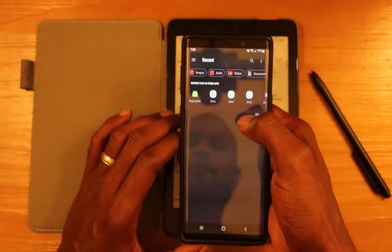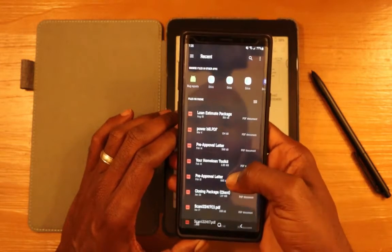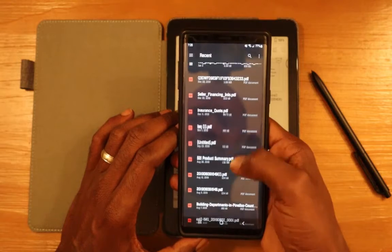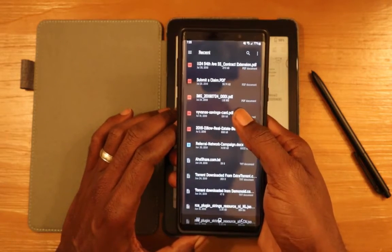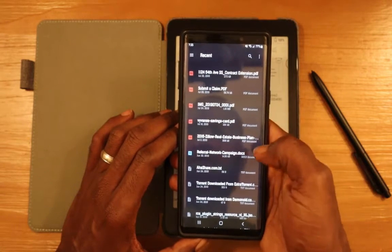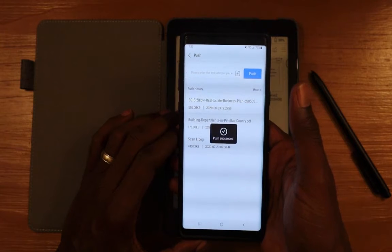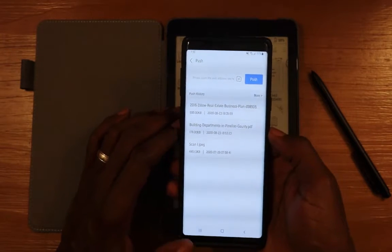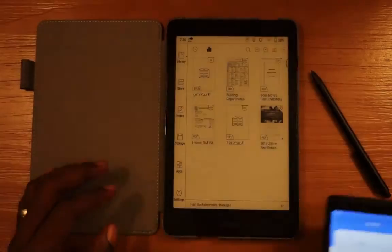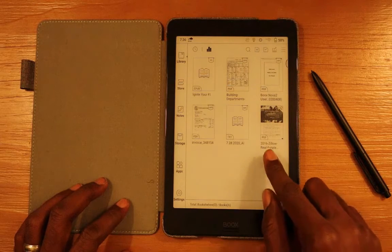So if I go in, select there, say I want to do documents only. See if we can pick a document here. You can upload. All right, let's do this one. Zillow business plan. Now, I've pushed that to the device. You can see that there. And if I go to the device, you can now see that that PDF that I pushed is showing up